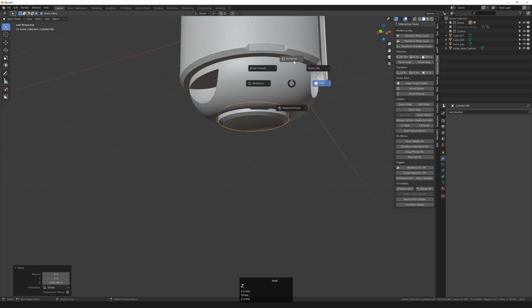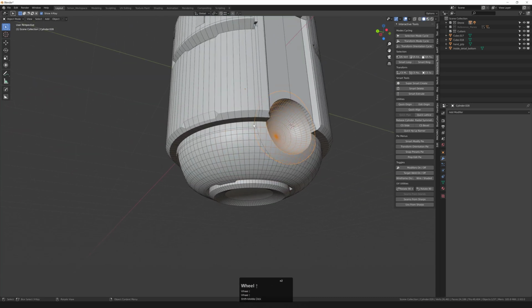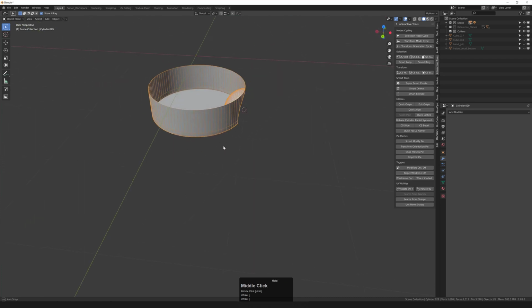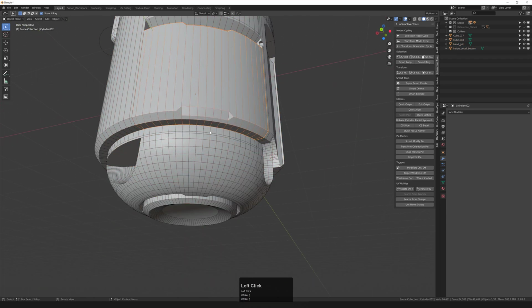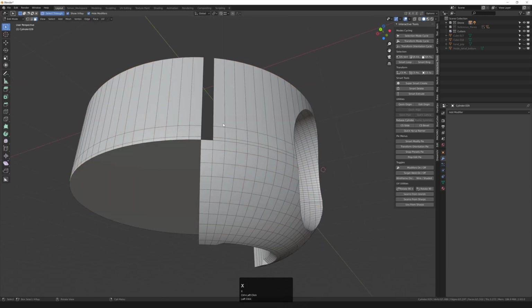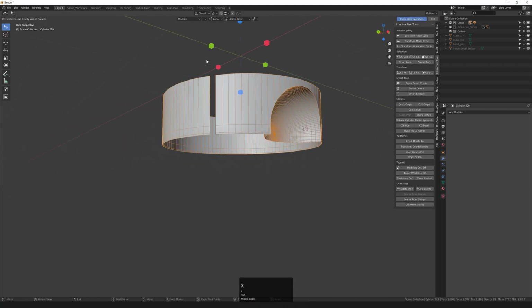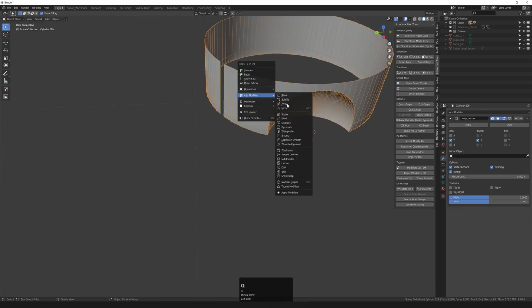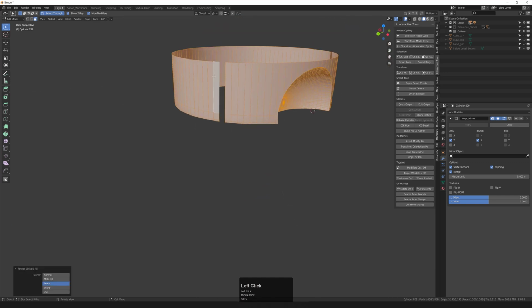So let's set this to material preview or solid. And basically this piece, we need to do the same thing. So since we know that the center is here, we can just select these faces, delete them, select the lower one, X, and then Alt-X mirror over, apply modifiers, Alt-G, or just,